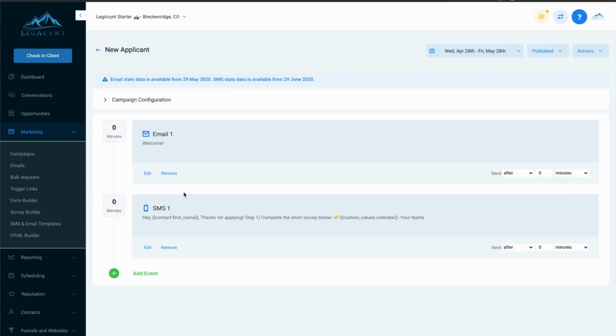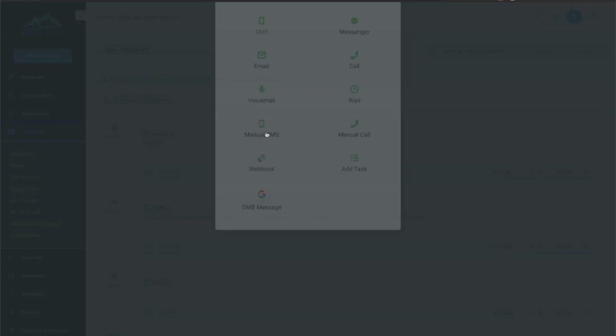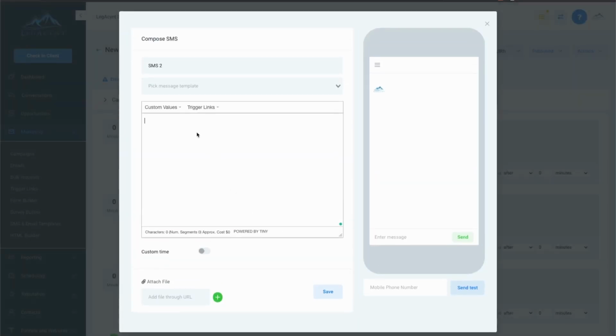And the reason behind that, if they get this text message immediately and they go, okay, thank you, I will in a minute, or I will when I get off work, or something along those lines, it's going to consider that a response to the campaign, and it's going to stop the campaign. And the next step I'm going to tell you to do is you're going to want to build multiple emails and text messages, not a ton, but maybe a multiple